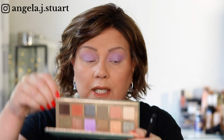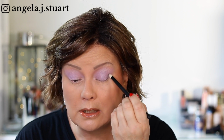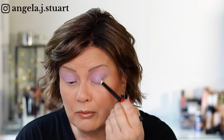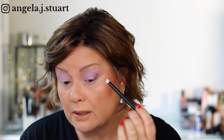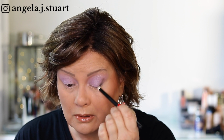Okay, now I'm going to take a Refa 26 brush in the shade Muse. I really want to build this up really lightly, if I can do that. Let's just do a little bit, and I'm going to add that just in this outer corner, tapping it really lightly. And I know from the last look, this just kept blending and blending and blending, so I'm not going to add any more. I'm just going to take it in that outer corner,